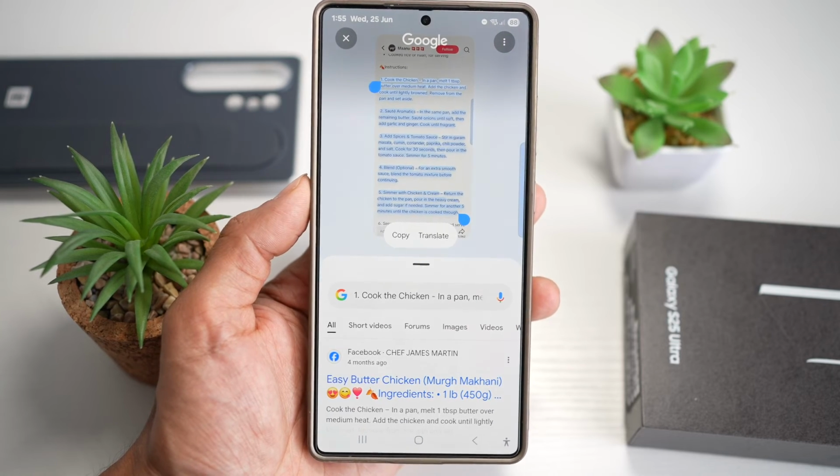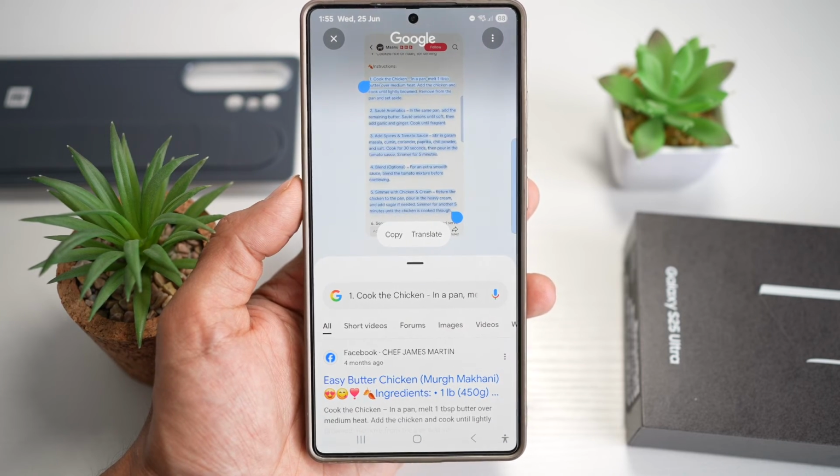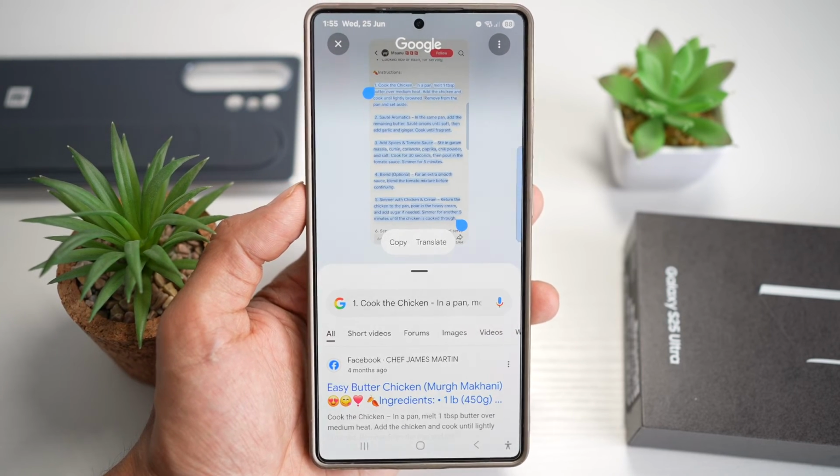So there you go, guys. That is how to use Circle to Search to copy text from a video or a photo on your Samsung S25